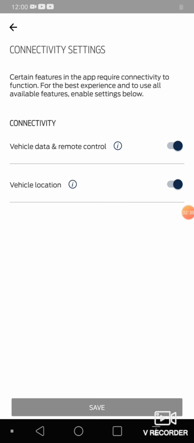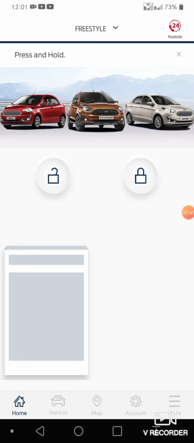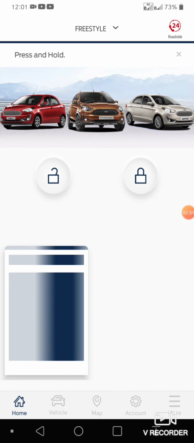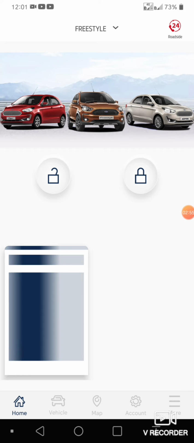In the connectivity settings you have to turn on both, then only the vehicle data will get updated. Apart from this, a door locking and unlocking feature is provided, but it works fine only when your car is in the open area, I believe.